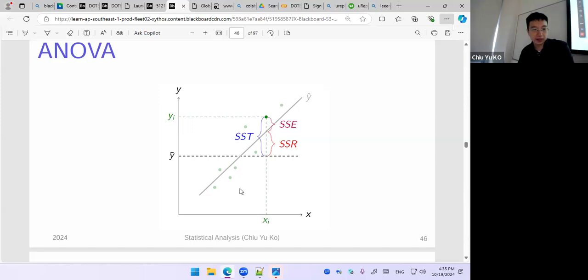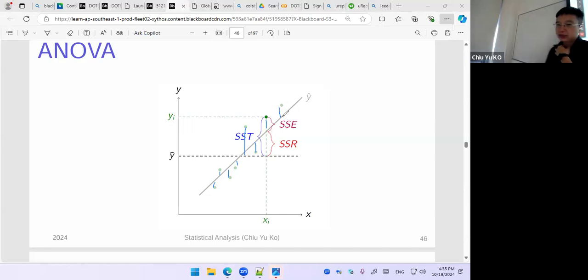Because the blue one would be something like this, right? This, or the distance like this, add up, right? This is SST. All this distance, the line, or the distance, you square sum of it is called SST. It's the total thing you want to explain. That's why it's the sum of squares total, SST. And you can easily see that